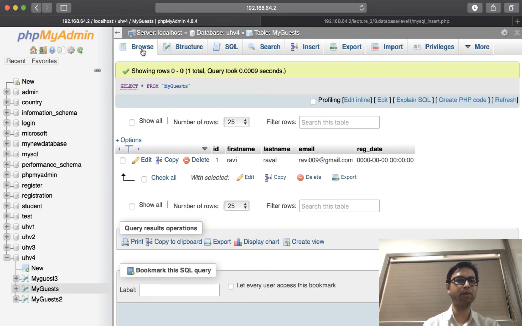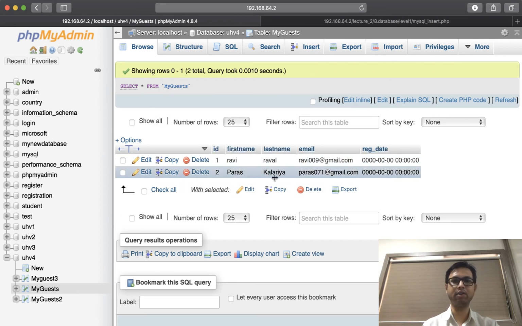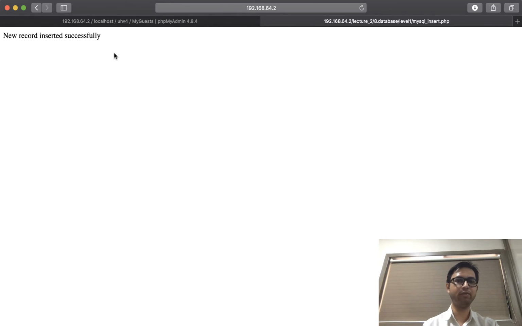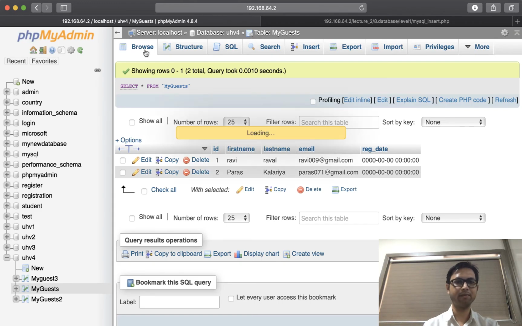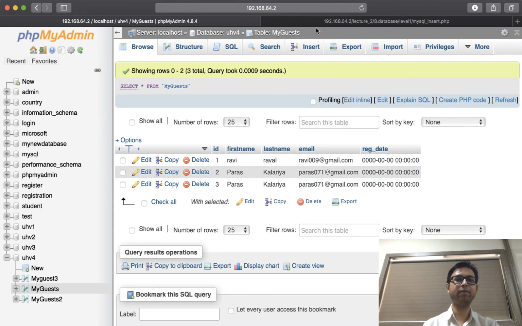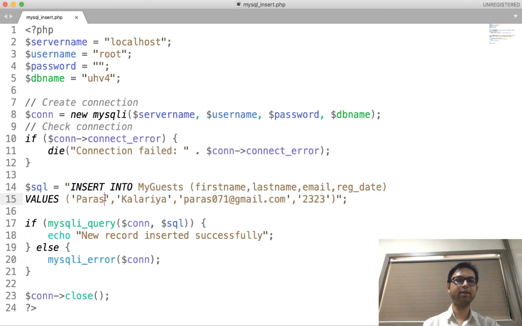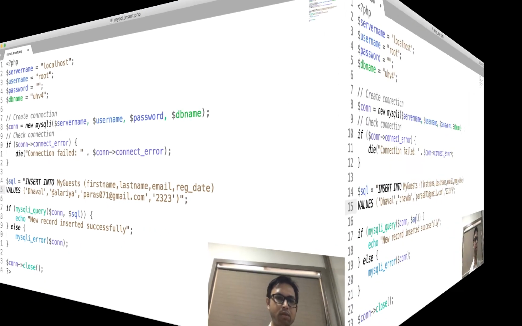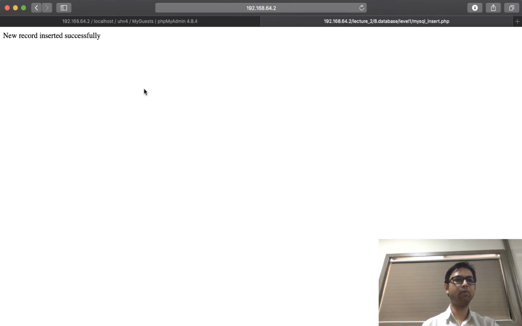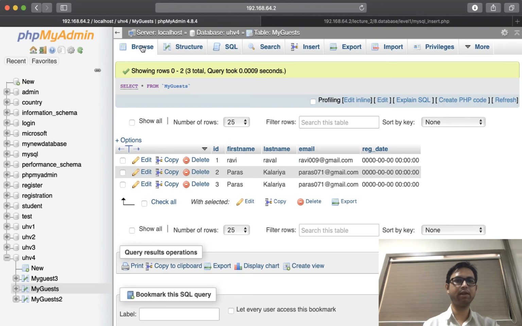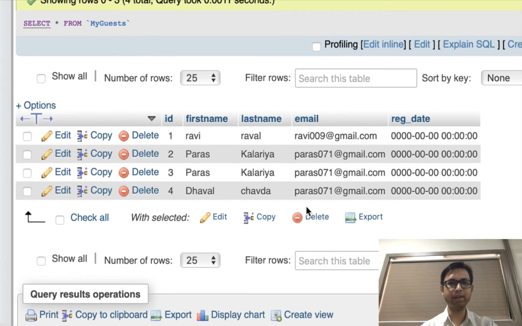You can click on the browse button once again to refresh the table, and yes, you can see the table has been refreshed. So like this you can create as many entries as you want. If I refresh this once again, the new entry has been entered. Let us refresh. So it again duplicates the entry, but if I make any changes over here inside my program, let us say I write down this, save this, refresh the program once again, and if you refresh the table once again, then you can see that the new entry has been entered.